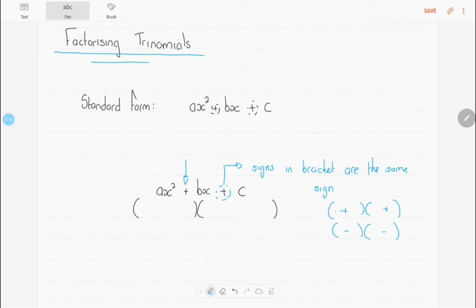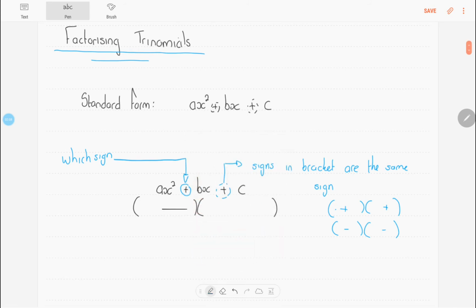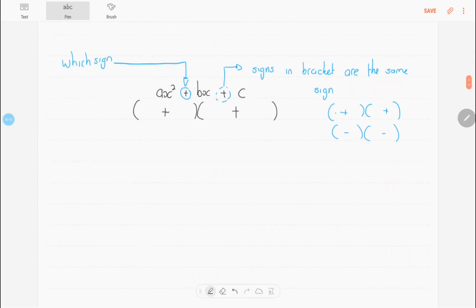So when our sign is positive, this sign tells us what sign is going to be in the bracket. Alright, so that one tells us which sign we're going to use. Alright, so that's a positive. So we're going to get a positive and a positive. Okay, very exciting stuff. So along very similar lines, let's say we had ax minus bx and then a